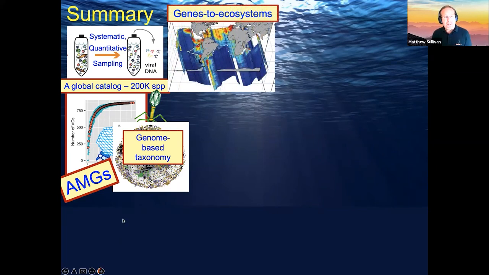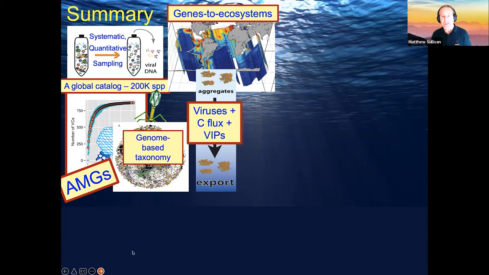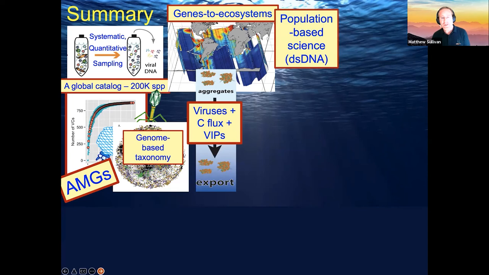We use these catalogs and population-based ecology to assess, through machine learning and ecosystem modeling and genes-to-ecosystems approaches, which organisms best predict carbon flux, and that was viruses. And I didn't mention it earlier, but not only can we see viruses are the best predictors of carbon flux, but we know which viruses matter. So this is the variable importance in projection. We can tell you which viruses are most important in those predictions. And this really establishes population-based viral ecology for DNA viruses.